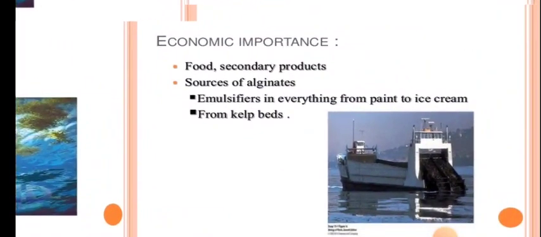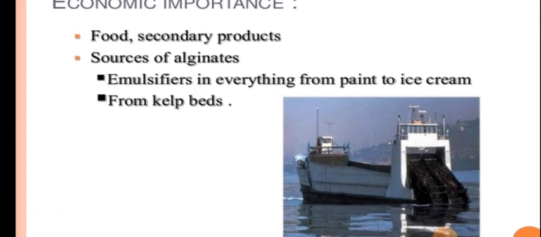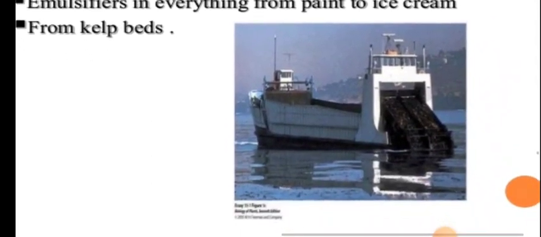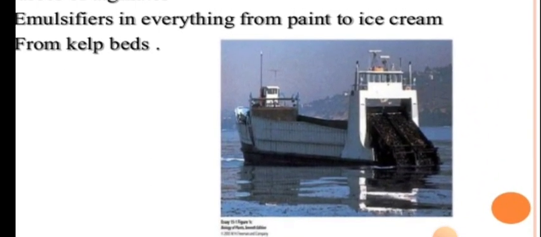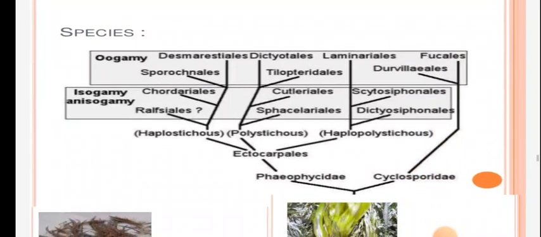Then in economic importance, countries like Japan have certain industries on this. So it is used in food, secondary products, sources of alginates, right? And commonly emulsifiers are obtained from this, for paint and ice creams, from the kelp beds. So you see, like our sugar factory, there are industries in the ocean in these larger countries. Okay, and this is the